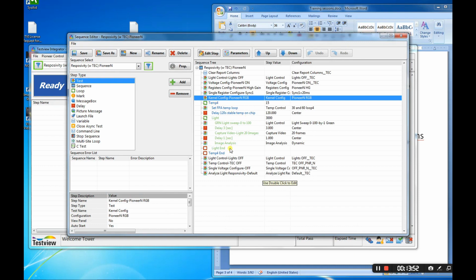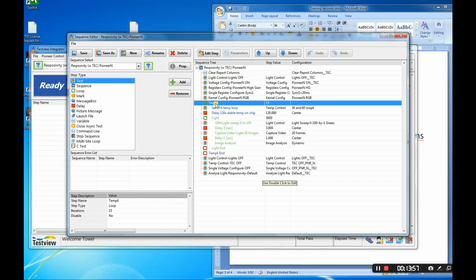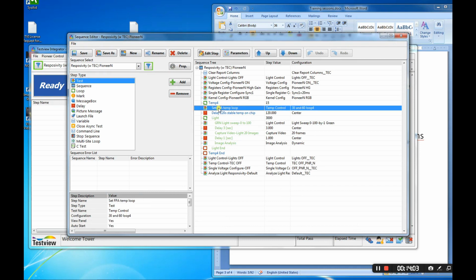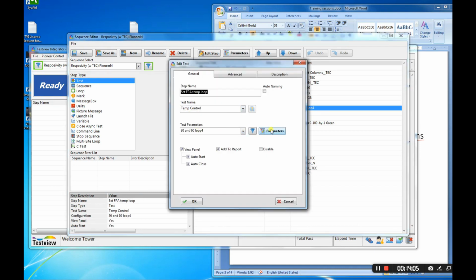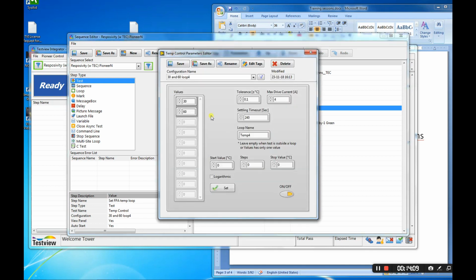And now we go to the body of the sequence. The body starts with a loop, and this is a loop named temperature 4. In this loop we start with setting FPA temperature. We can see test parameters, any name that we are given, and we set it up to 30 and 60.